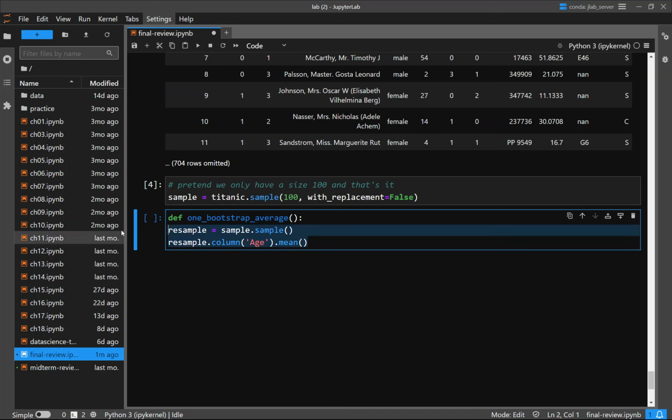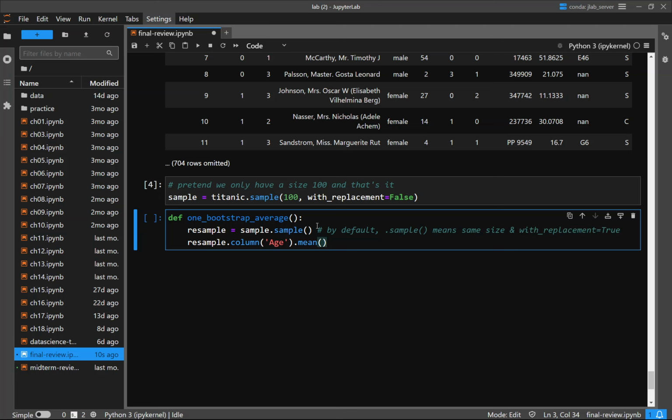Make another sample. Do a bootstrap sample. Right there, there's our resample. So sample from the original. Sample again with replacement this time. So remember that this is by default .sample with nothing, which means the same size, and with replacement